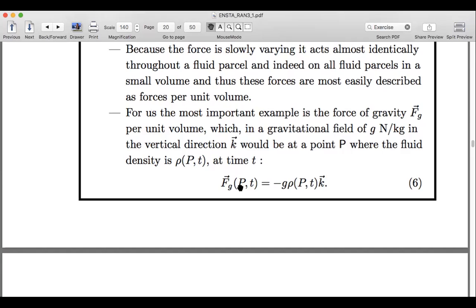So we can replace P by the XYZ coordinates or the x_i coordinates to indicate the position, equals minus, because the unit vector k is typically chosen to be the unit vector upwards. What's up by definition? It's in the direction opposite the direction of gravity, right? So by definition, gravity is in the opposite direction of this unit vector k, by this convention. And it equals